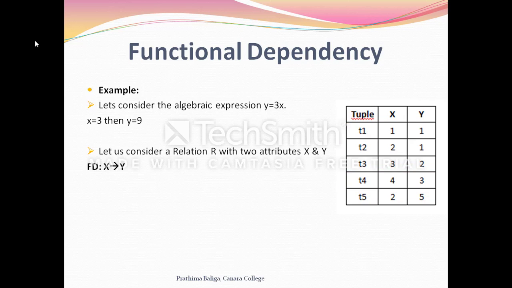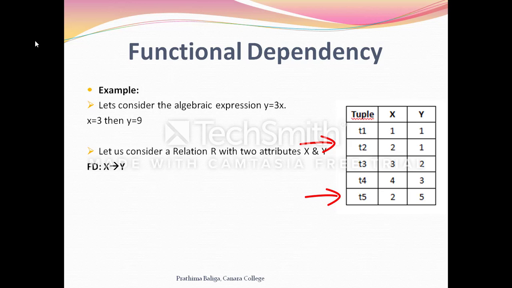Just by looking into the table, we are able to tell the value of y because each value of x attribute uniquely determines the value of y. But now let's assume a relation state with 5 tuples. When we check the value of x attribute, there is a repetition of value for x, that is 2. It is in the t2 tuple and the t5 tuple. Now when we try to determine the value of y using this x value 2, we get two different values, 1 and 5. Can we have two different values for the same x value is the question.